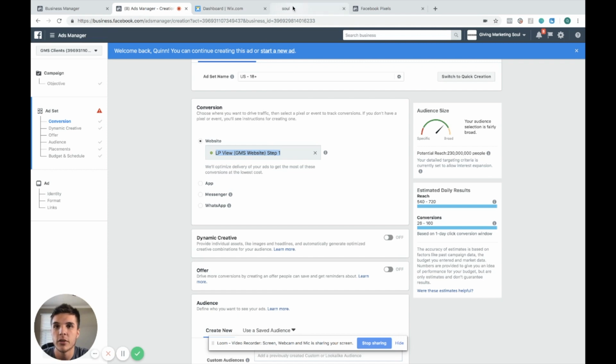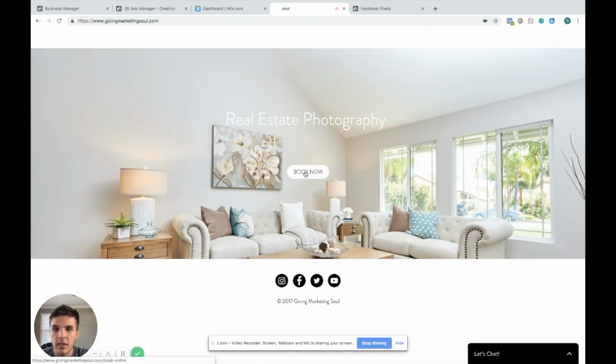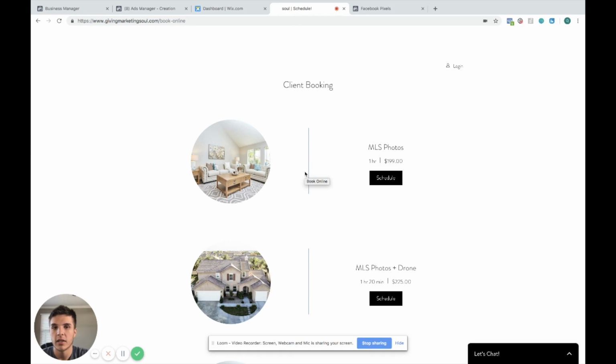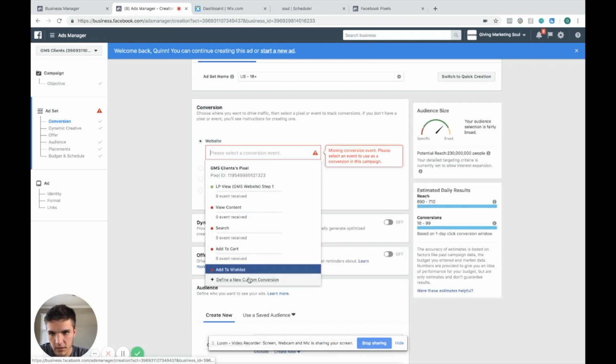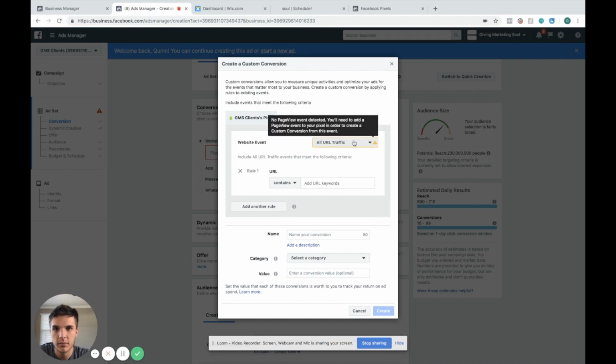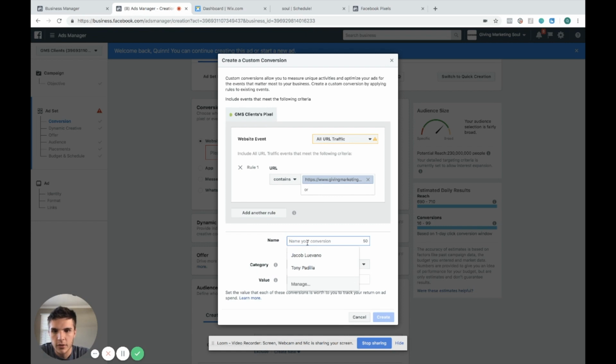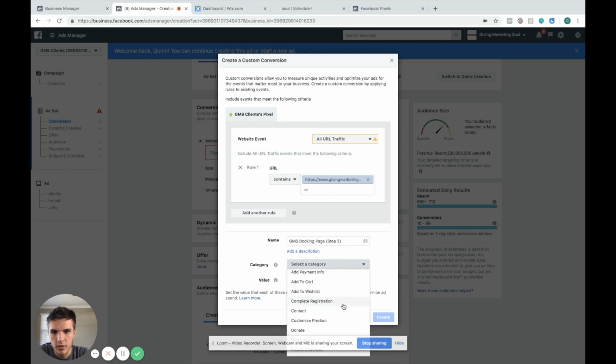So let me show you step two. Okay. So step two would be clicking here, right? Because that would be another step. So we would take this link and we would basically add another conversion here. You'll see what I'm doing after a second. This may seem confusing now. Okay. So boom. Now you do GMS booking page, step two, and then you can do view content as well. Oops, view content,